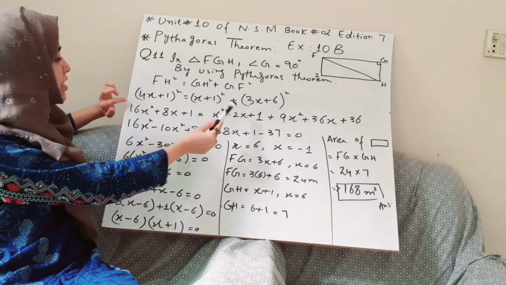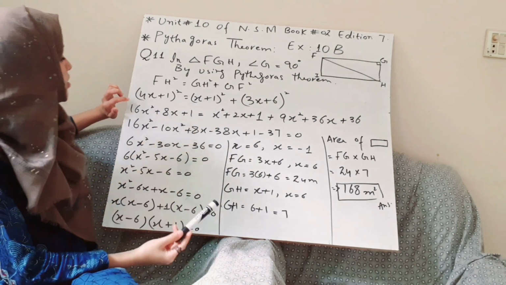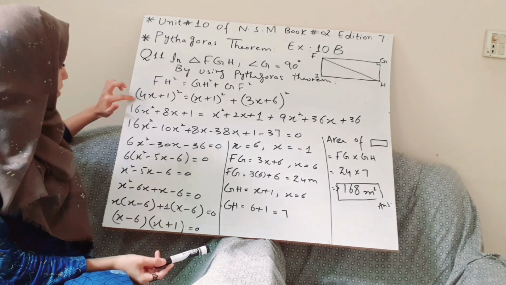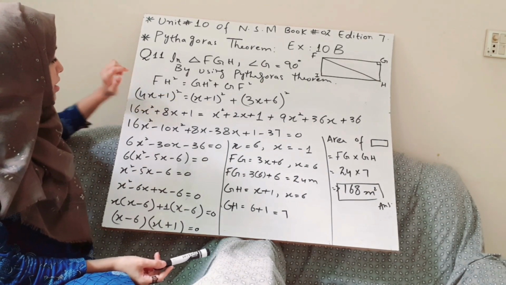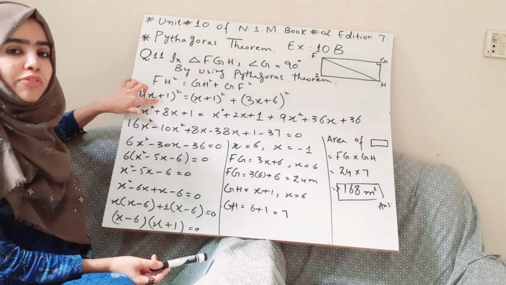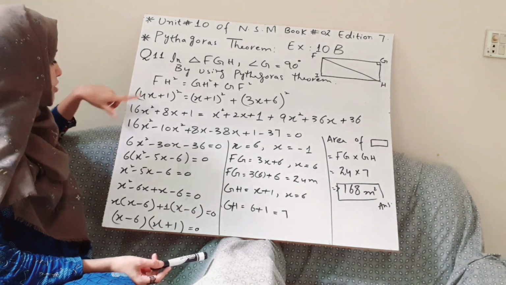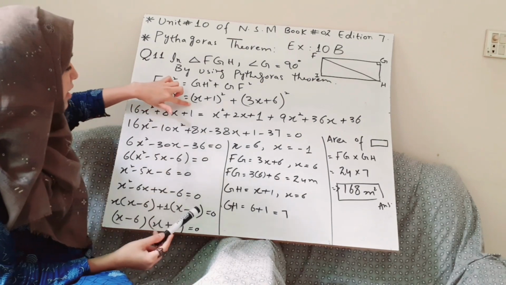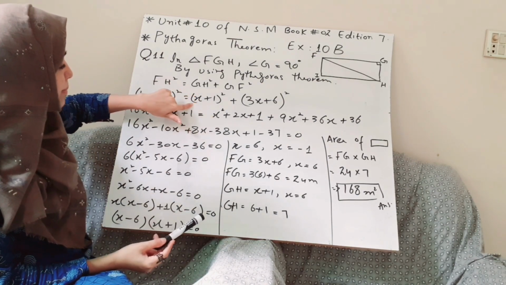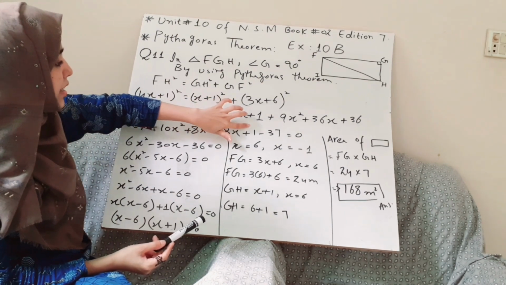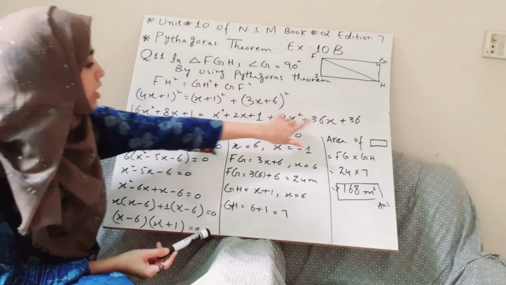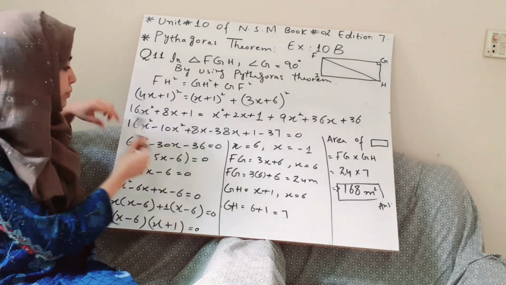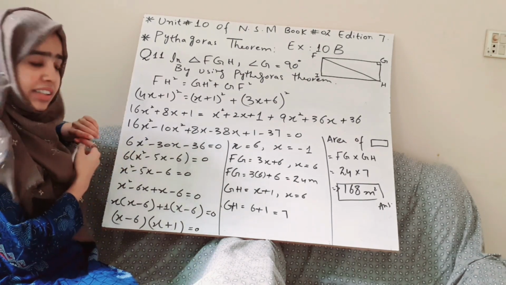So after putting the sides and the diagonal in it, we have to solve this equation for x. For x plus 1 whole square, we have to expand using the (a plus b) whole square formula, which says a square plus 2ab plus b square. The same we have to do here, expanding the (a plus b) whole square formula, and the same here. After applying the formula, we have to simplify this equation.